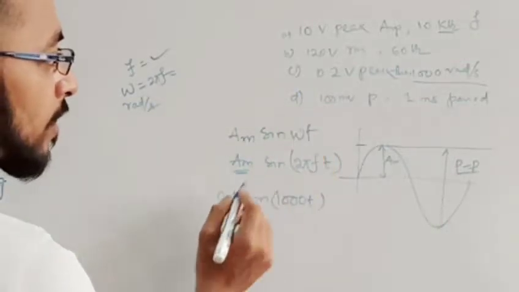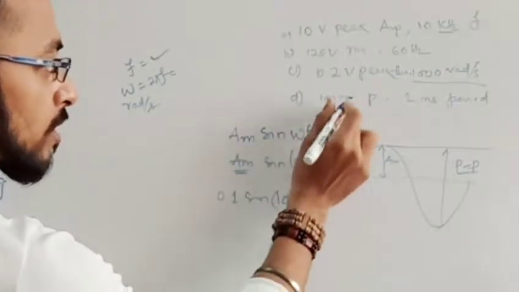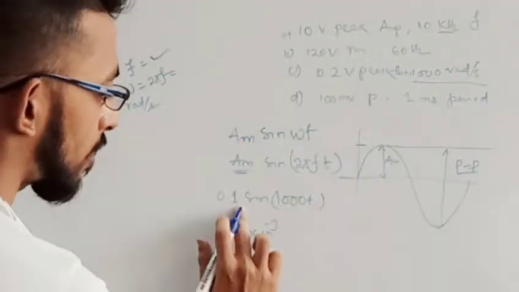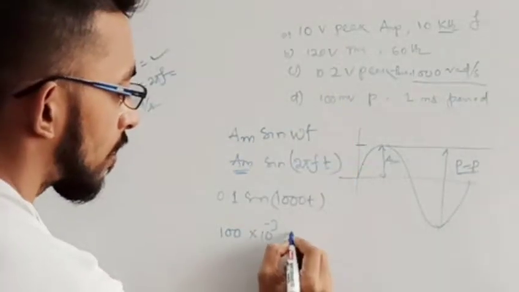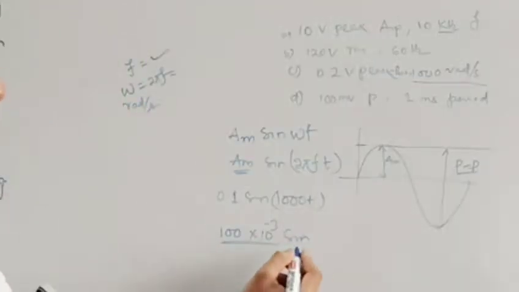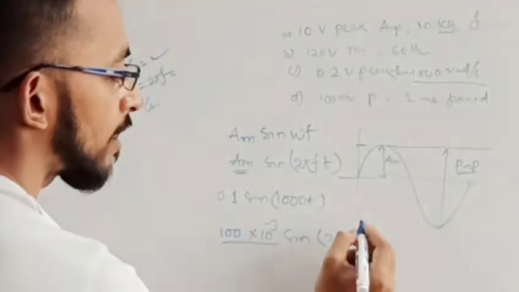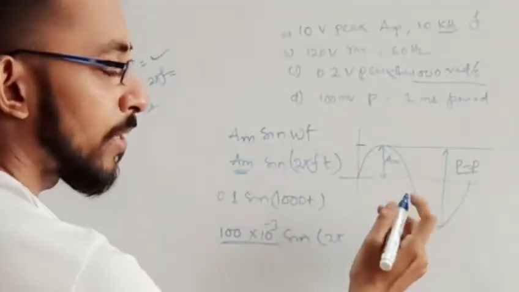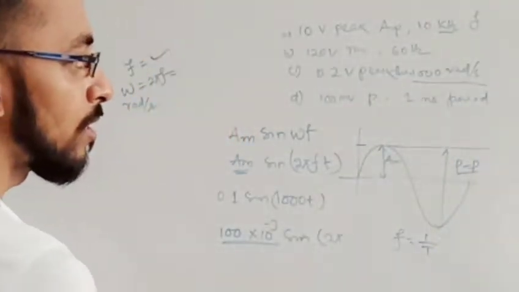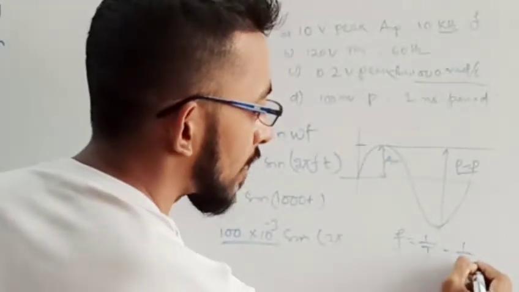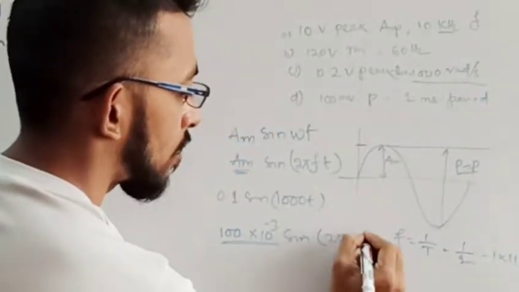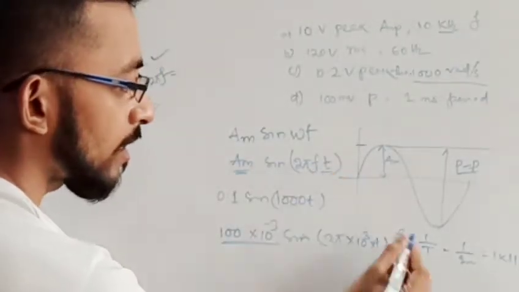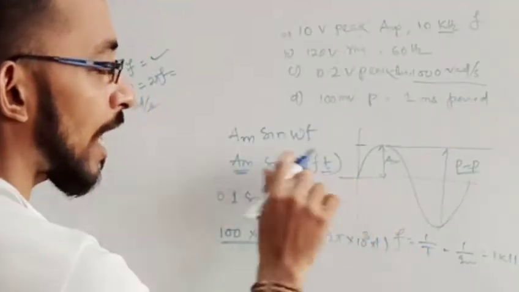For the fourth part, it is given as 1000 millivolt. So the amplitude is given as 1000 millivolt peak. 1000 millivolt is nothing but 10 power minus 3, so 1000 into 10 power minus 3 volt into sin. This is the peak amplitude. Then sin 2 pi ft, where f is the frequency. Here in this question the time period is given. So what is frequency? It is 1 upon the time period. It is 1 millisecond, so 1 upon 1 millisecond is nothing but 1 kilohertz, that is 10 power 3 hertz, into t. This t and this t are both different. This is the time period, and this is the time axis. Okay.